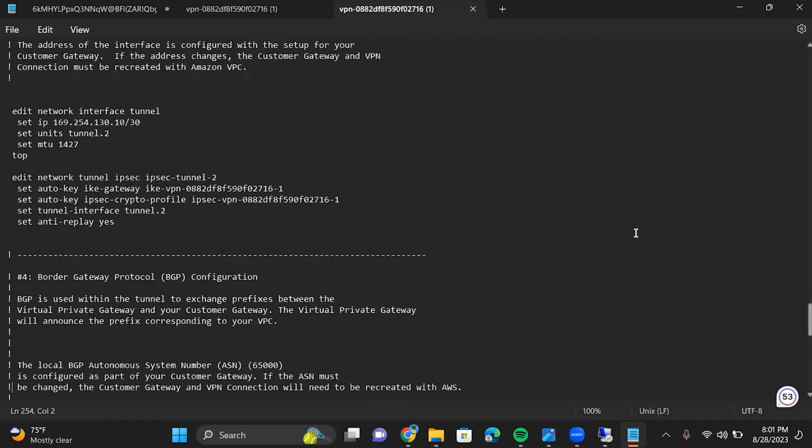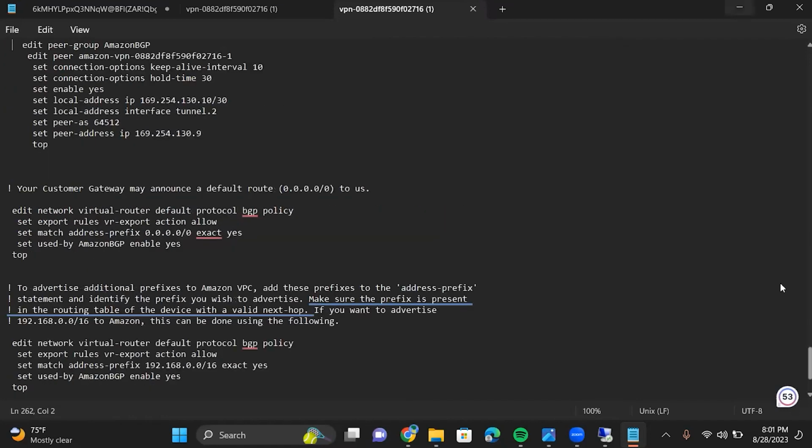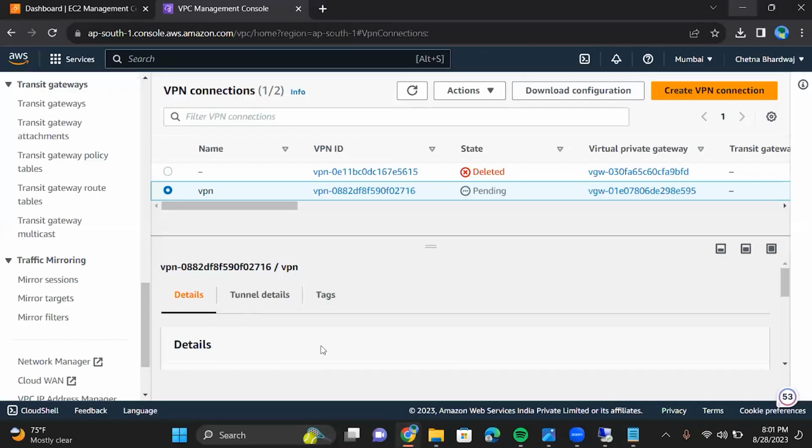Now closing it. Guys, tunnel detail, you can check out the tunnel detail. Let's see tunnel detail. Tunnel detail over here, you can see outside IP address and tunnel 2. So we get automatically two tunnels, but if one tunnel is down, our traffic will survive and go through the tunnel 2. Okay,